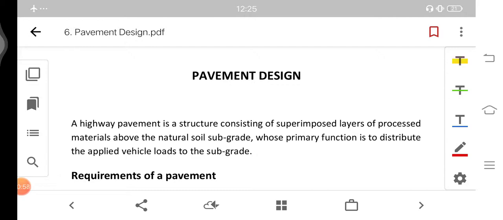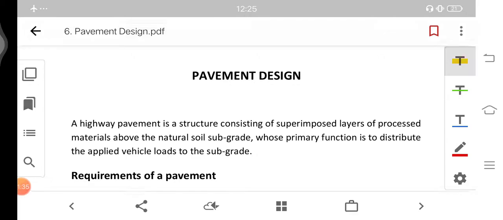The link to the numericals is given in the description below, and before we proceed to the numericals we will just go over the theory part in a quick review process so that the theory is understood in a simpler manner. Basically, I don't have to speak very much about this because the theory isn't the main portion over here. The main portion is the numericals related to it. So without further ado, let's start the pavement design.